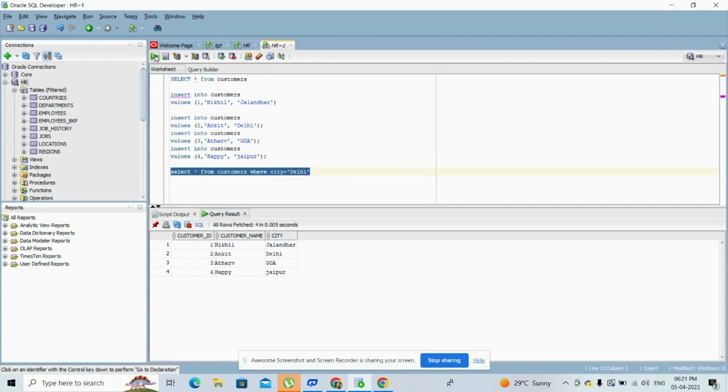So using the where clause, you can find the data, or you can do where the customer ID is greater than 2. It works; the integer does not require the commas or double quotes. So it gives 3 and 4. So this is the